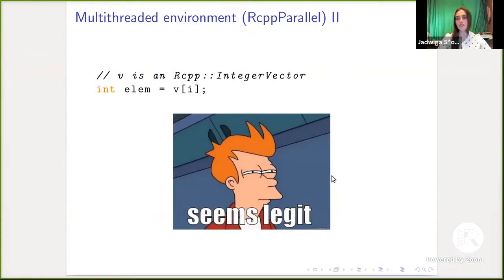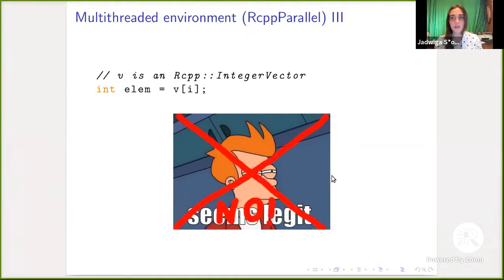We just index, we just get some previously created memory and want to operate on it. It seems pretty good, but no, it's not thread safe. Additionally, the bugs are very random and errors occur in a random way. So it is really hard to detect in a multi-threaded environment that this expression is not valid.